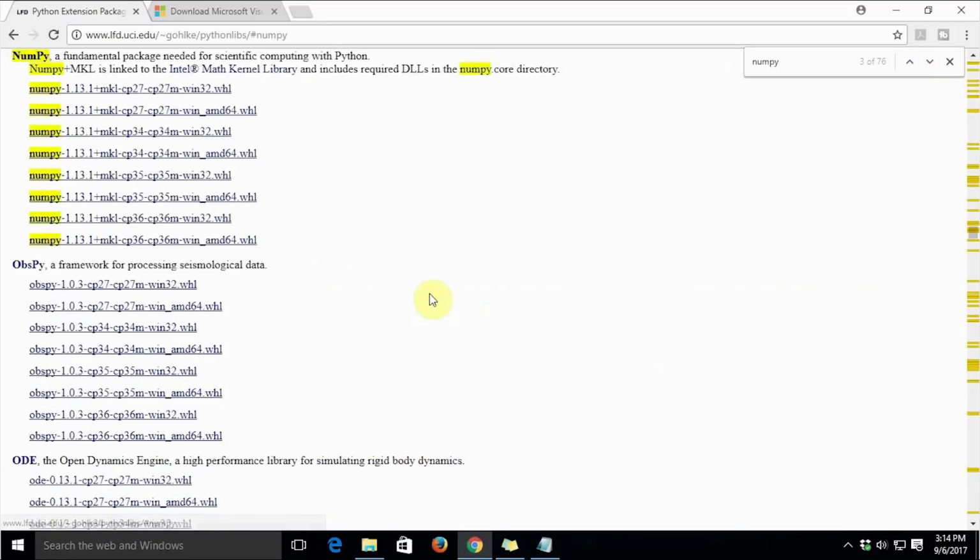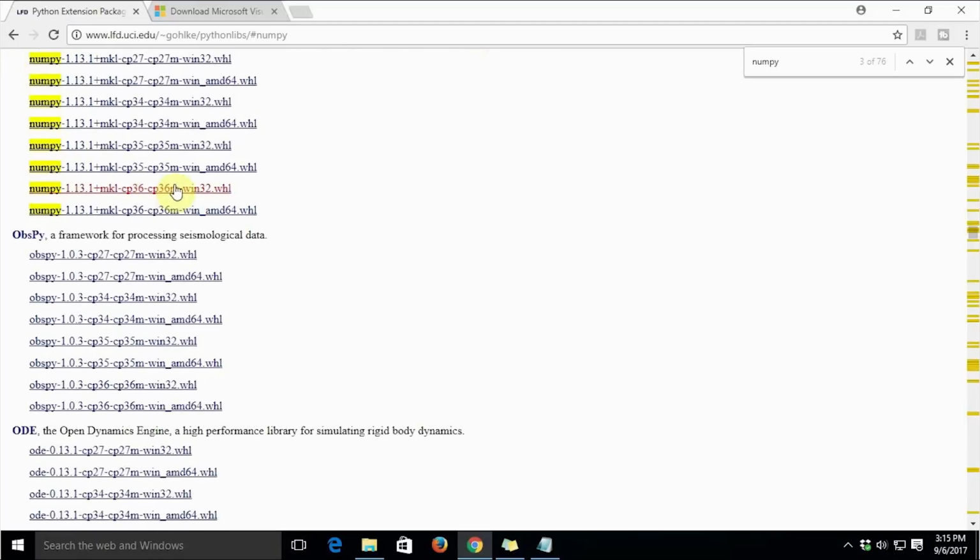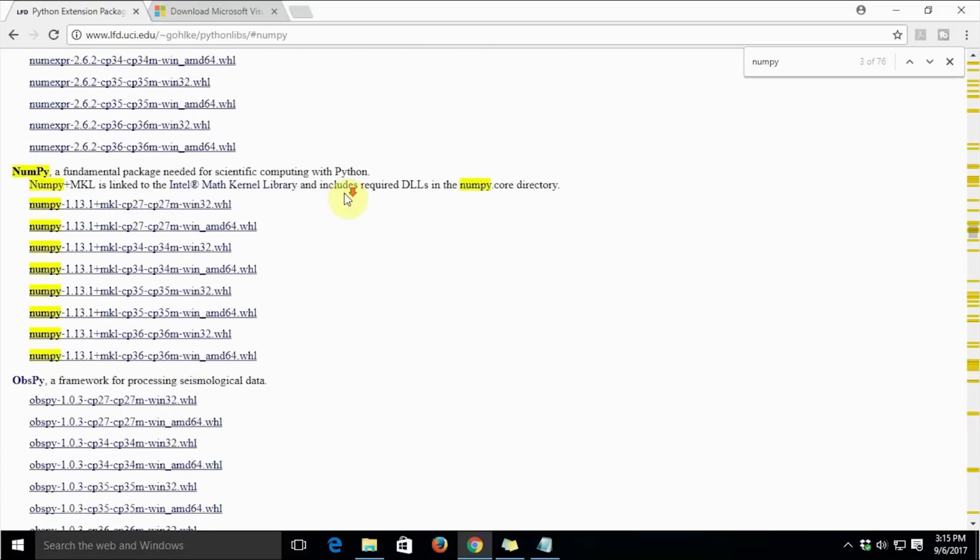Okay, so if I just click NumPy, I'll be able to see various wheel files. Now I can just download these wheel files, go to that location, and type pip install followed by the name of that wheel file on the command prompt, and get my necessary library for Python installed. We are going to see that in a moment, but now let's see what sort of wheel file we will need.